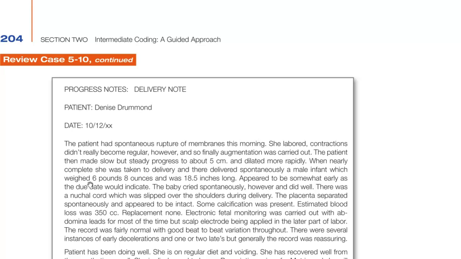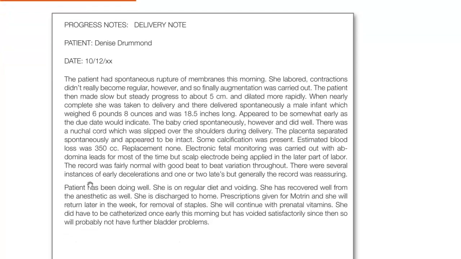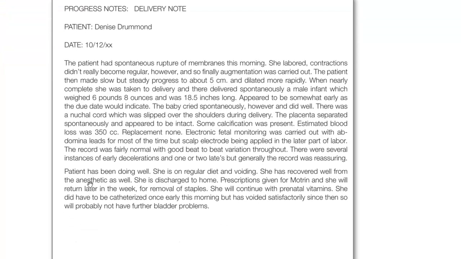Let's look at the delivery notes. So the patient had spontaneous rupture of membranes this morning. She labored, contractions didn't really become regular, however, and so finally augmentation was carried out. So that's just medication, usually Pitocin, that they give to the mom to augment or speed up, right, her labor. She was already in labor when her membranes had ruptured, but wasn't progressing, so they just gave her some Pitocin